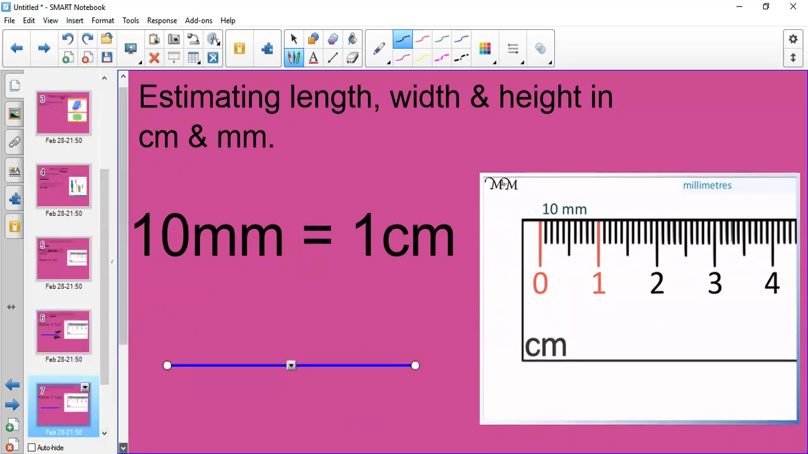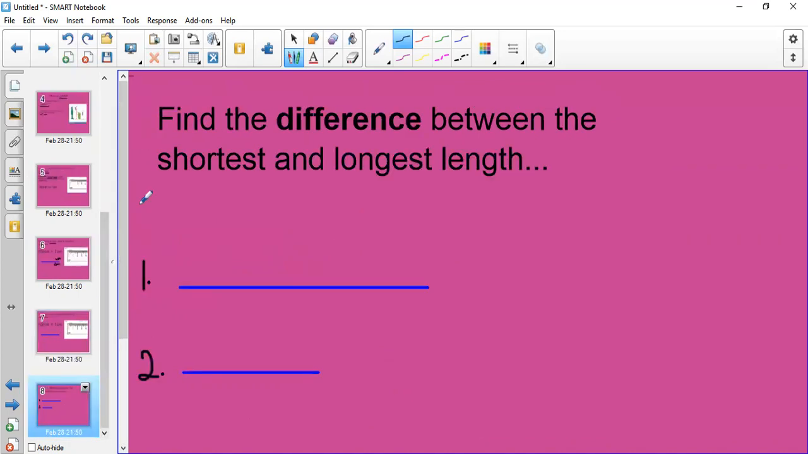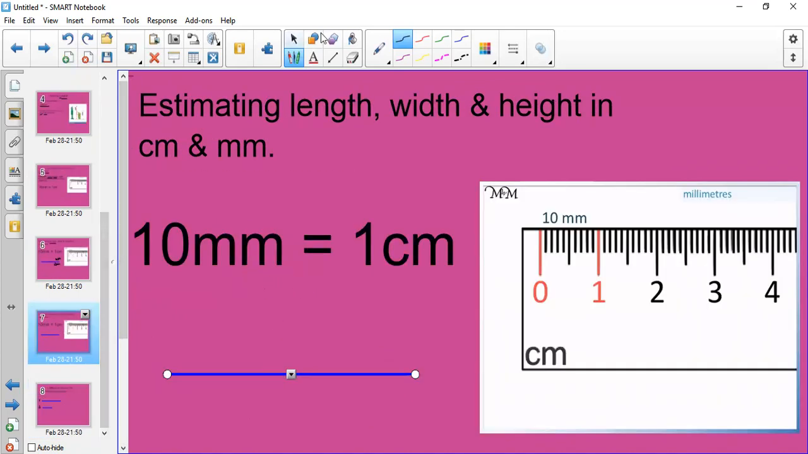Now, let's have a look at another example. If, for example, we have a line and you've been asked to estimate the length of this line in centimeters, I'm going to write 7 centimeters here. That's what I think it might be. But if it asks you to estimate the length of this line in millimeters, all you need to do is remember that to convert